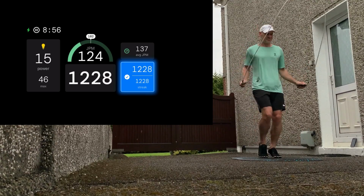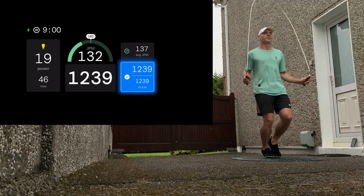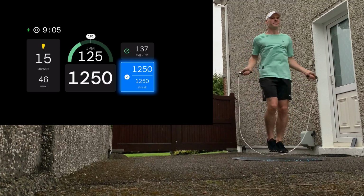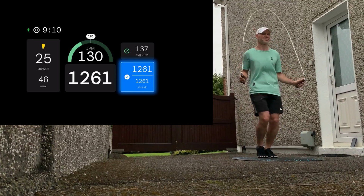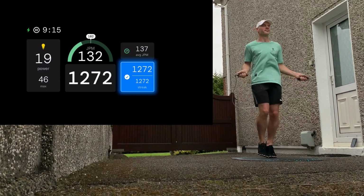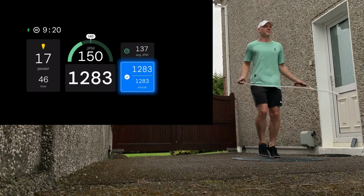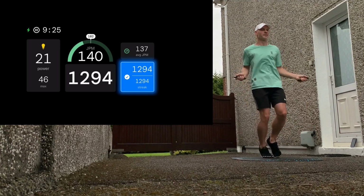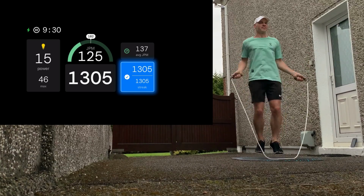Staying nice and light on my feet. Looks like we're at about 9 minutes now, over 1,200 jumps. So as I said, the intensity, light to moderate, and with the double unders here and there, that picks up the intensity a bit. All in all, I wasn't spinning the rope too quickly, but at times I would have spun the rope a little bit quicker just to pick up the intensity, and doing a bunch of different jump rope moves. Going from one move to another,